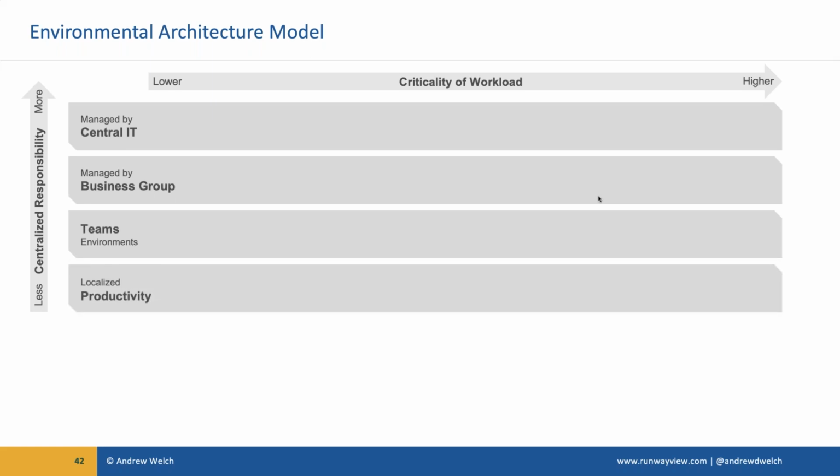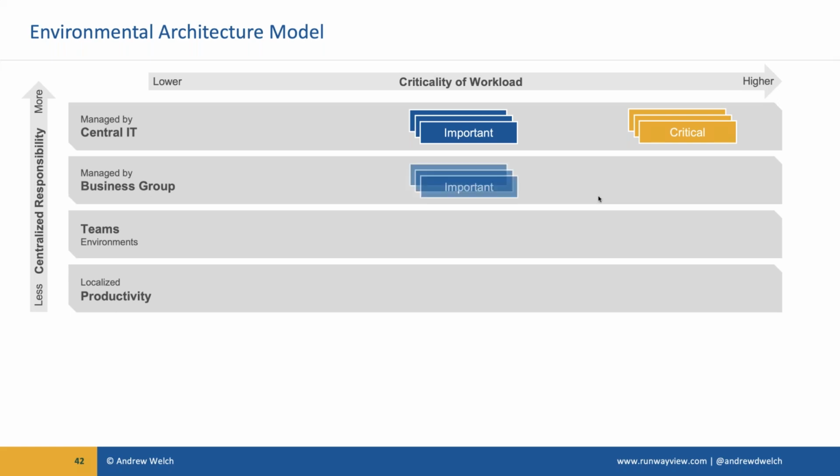And then finally, localized productivity environments. These are localized productivity applications, built by an individual for themselves or for their small team or whatever. We then can start to layer these environments inside of the tiers, right? So we've got critical environments and important environments and the solutions that live inside of them that are managed by central IT. And you can see I've got a stack there, so that indicates that there's a proper ALM pipeline, say dev, test, prod at a minimum, and automated if you possibly can using Azure DevOps, but it is possible to manually manage these deployments as well.